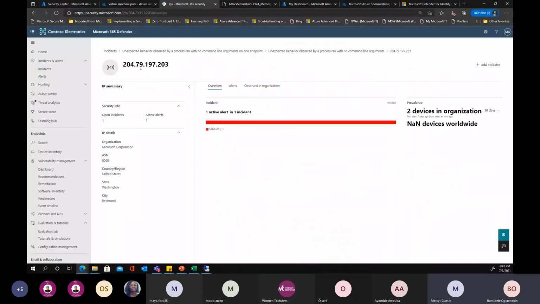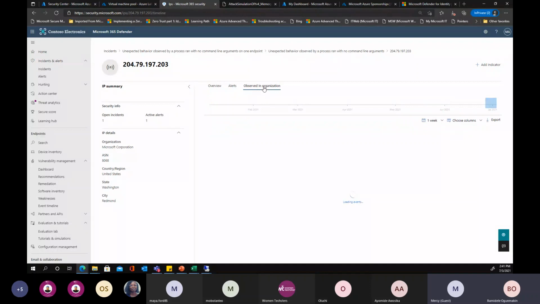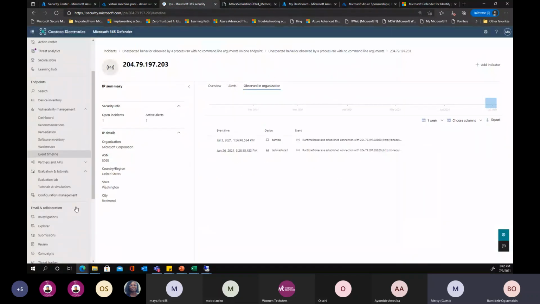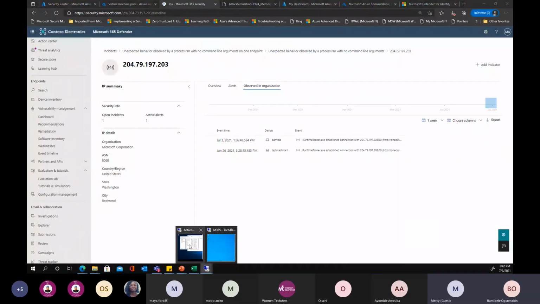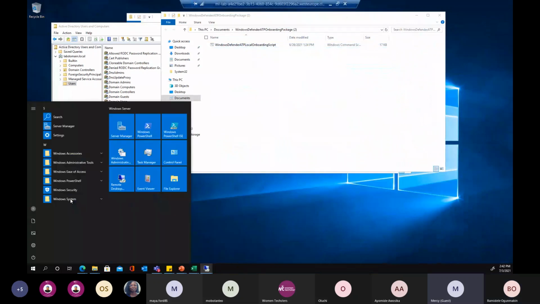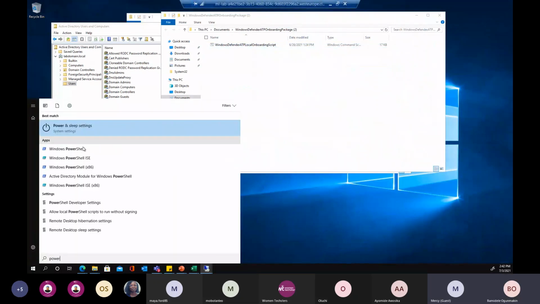Let's go into more detail. So we've seen this IP address and they say it's related to 2 devices in the organization. And you can see the 2 devices. So one device is my machine, and then I did this simulation on a lab machine earlier. But what that also tells us is, if I come to our domain controller here, and I do the same thing,